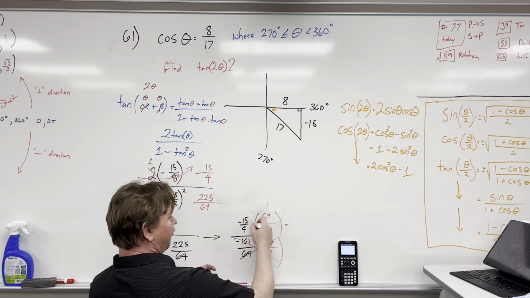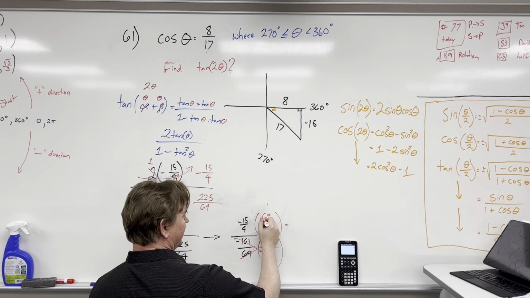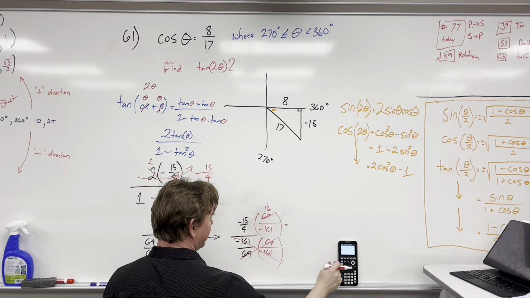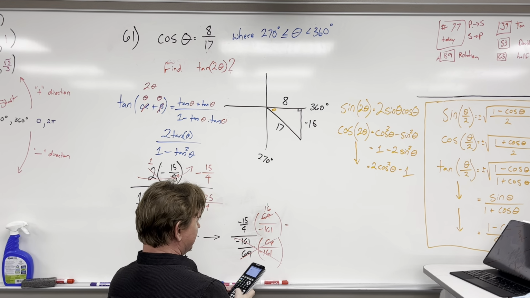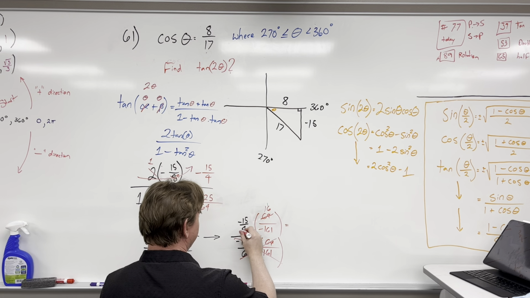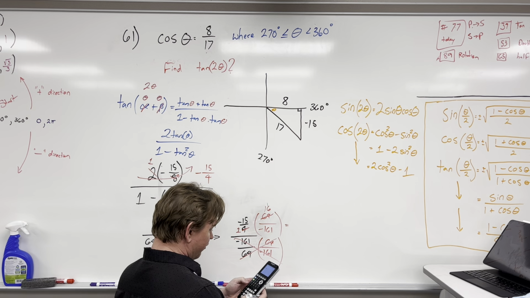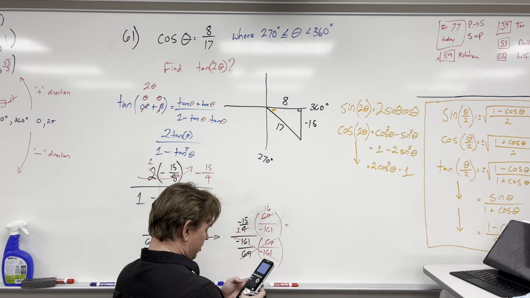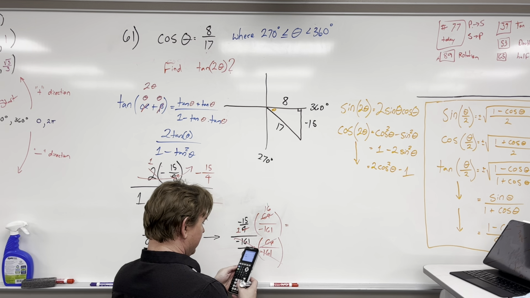And so the 4 and the 64, I believe, can cancel, right? Because you can put 1 in there, I think it's 2, 24, that's 16? Is that right? Yeah. Okay, and this is just however you want to do this, right? And then the 4, if we're going to cancel that, that would be the 1. So you would basically get, and in your calculator you could have just done negative 15 over your 4 and multiplied it by 64 over your negative 161, and you would have gotten